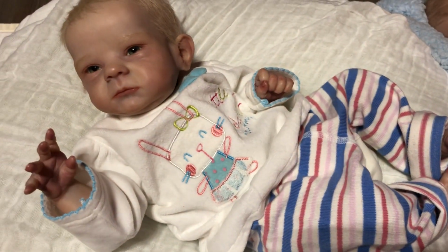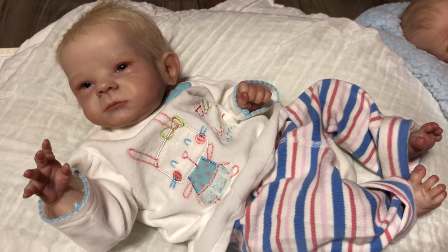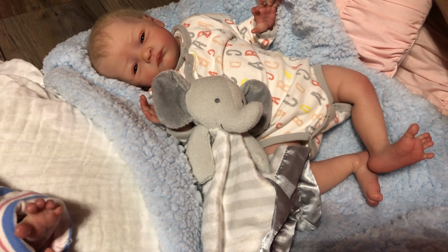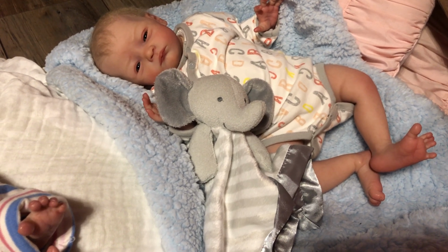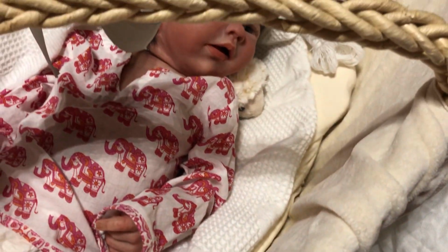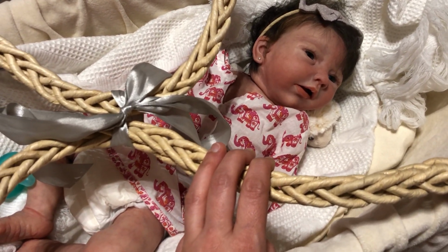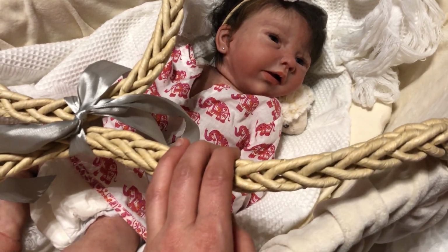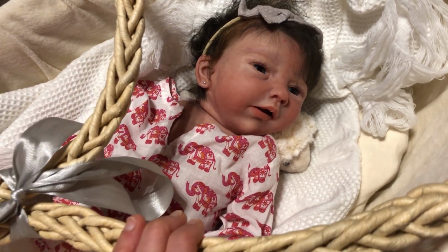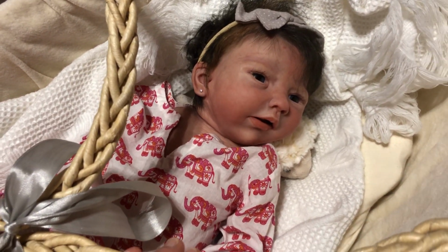So let's go back. Charli is the Sally sculpt by Bonnie Brown, painted by Marina Matsko. Silas is the Will sculpt by Natalie Scholl, painted by Helena Z of Tiny Gifts Nursery. And then if we come over here, we have little Sparrow, who's going to get changed, most likely. She is a full body silicone doll. She's the Nova sculpt by Lilianne Breedveld, and was poured by Claire Taylor and painted by Virginia Comish, and her hair was rerouted by